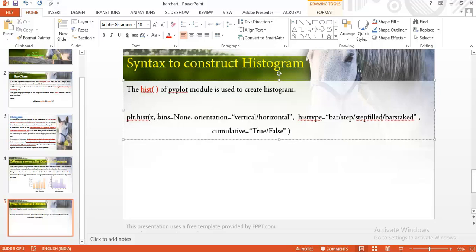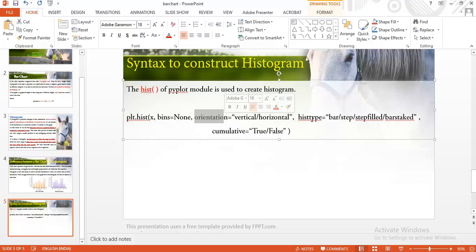Then bins, where you may define the class intervals. If you do not define the bins, they will be created automatically by pyplot. Then orientation, whether you want your histogram displayed vertically or horizontally.